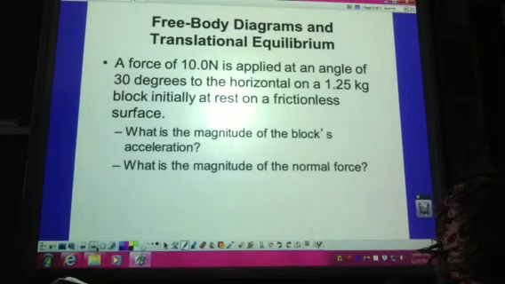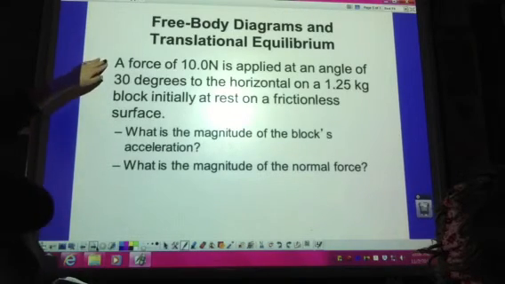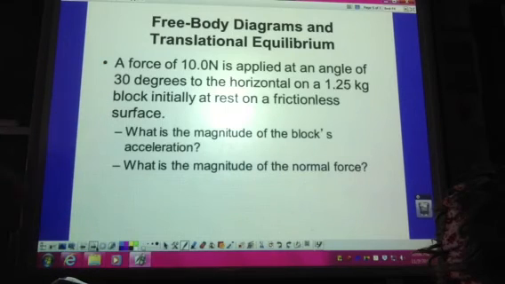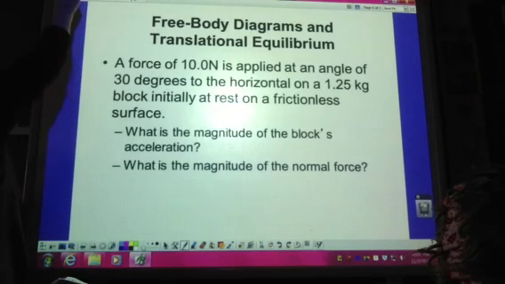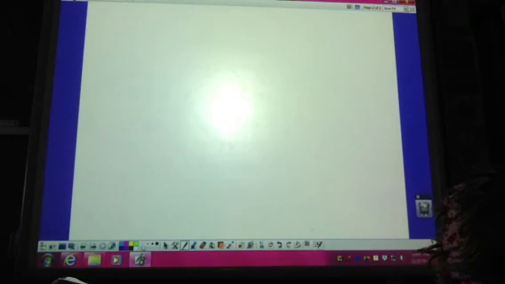So initially this block was at rest, but we're applying some force of 10 newtons at an angle of 30 degrees, and it's going to be this applied force here that's going to cause that block to move. So it's at rest, but then it will move. We're assuming no friction, and right now I just want to know the block's acceleration. So let's draw a picture of this. Okay, we have